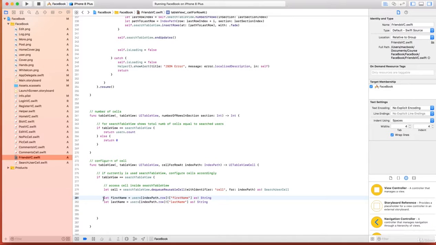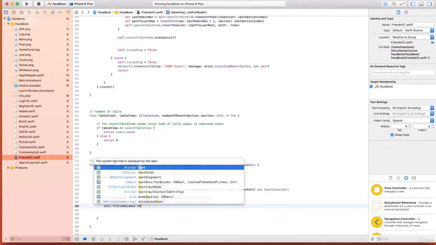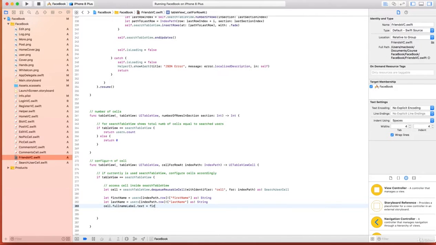Okay, we've accessed first name and last name, then we'll now make it united. cell.fullNameLabel.text will be equal to firstName.capitalized